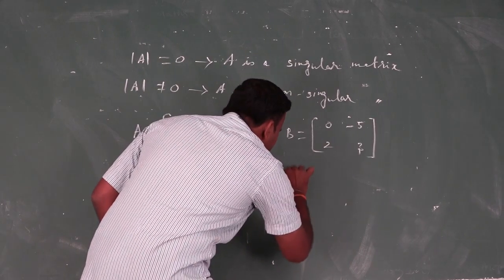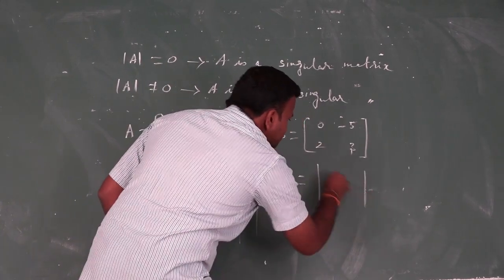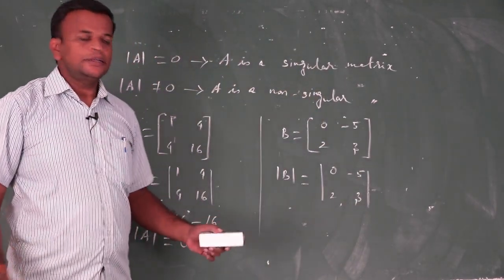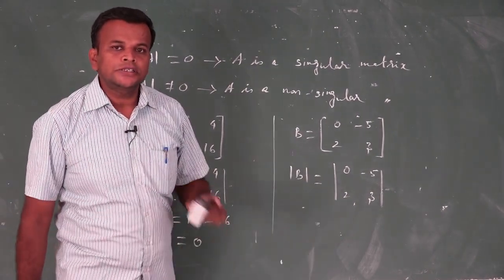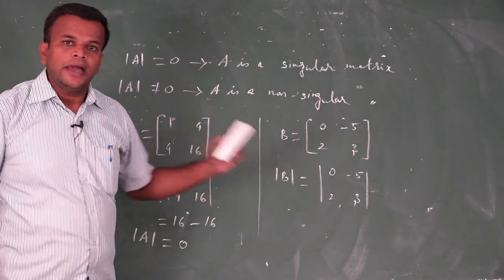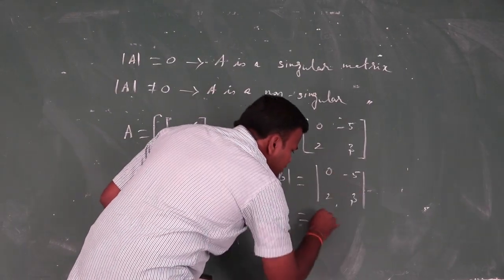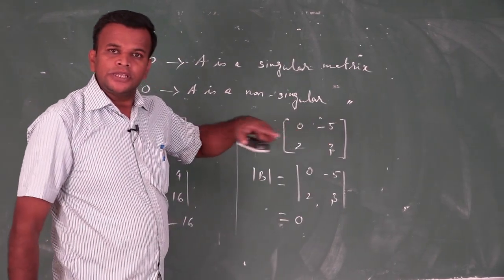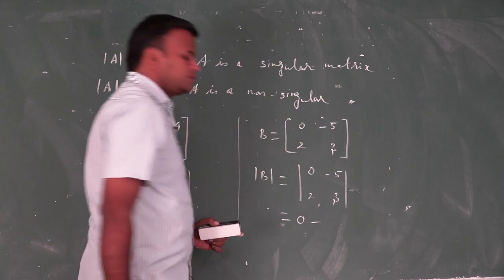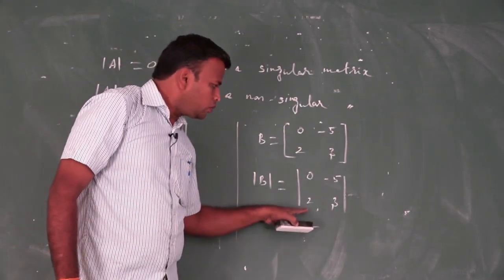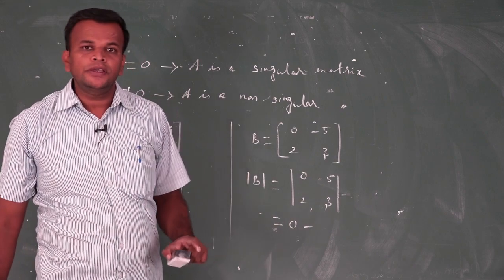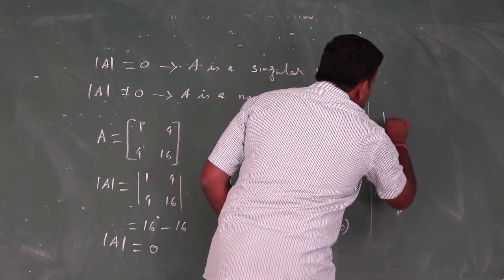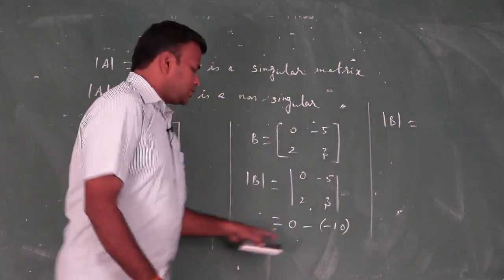So determinant B, determinant symbol 0, minus 5, 2, 3. Now we find the determinant of this one. What is the first step? We multiply the leading diagonal elements: 0 into 3, 0. The next step, we multiply the remaining two elements with a minus. So first we put a minus. Next we multiply these two elements: 2 into minus 5 is minus 10. So determinant B value is equal to 0